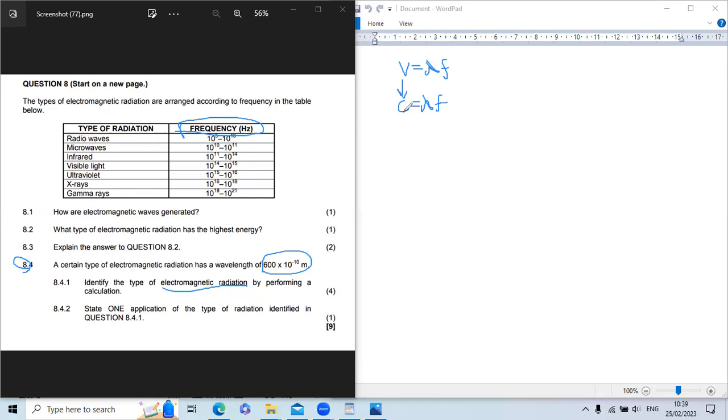We only use the speed of light in a case where we have electromagnetic radiation. So we're going to divide both sides by the wavelength so that we are able to calculate the frequency. So the frequency is going to be equal to